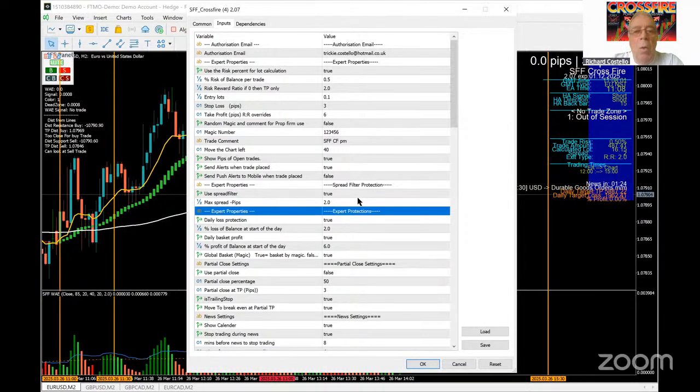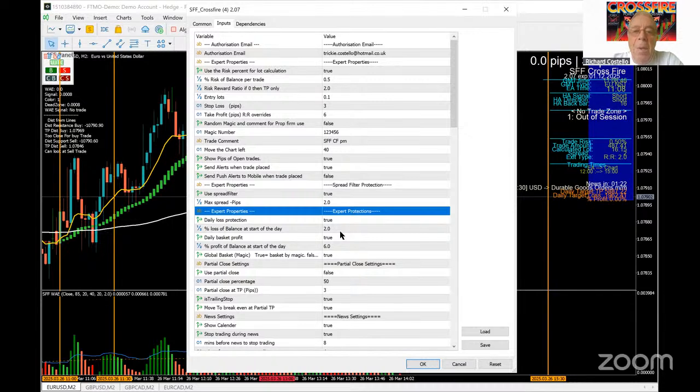And what I want the trade assistant to do is, I want daily loss detection to be true, and I want the balance at the start of the loss as a percentage of the balance at the start of the day to be 2%. So basically, I'm risking losing 0.5% on 1 pair, but altogether I'm risking losing 2% because I'm looking at 4 pairs. There have been times when the trade assistant has got me into 4 trades at about the same time,